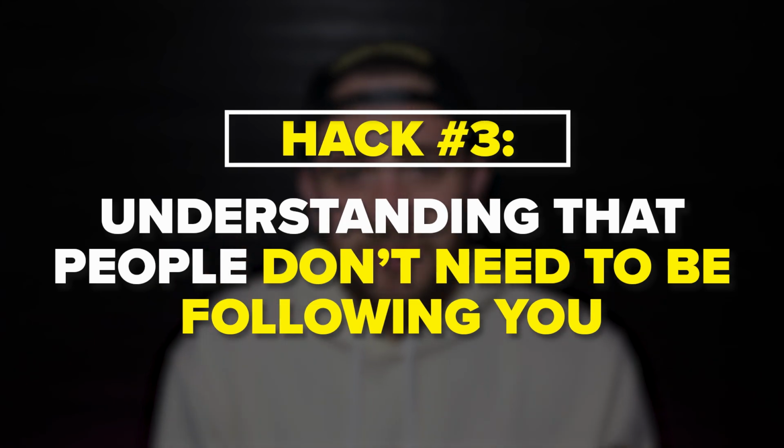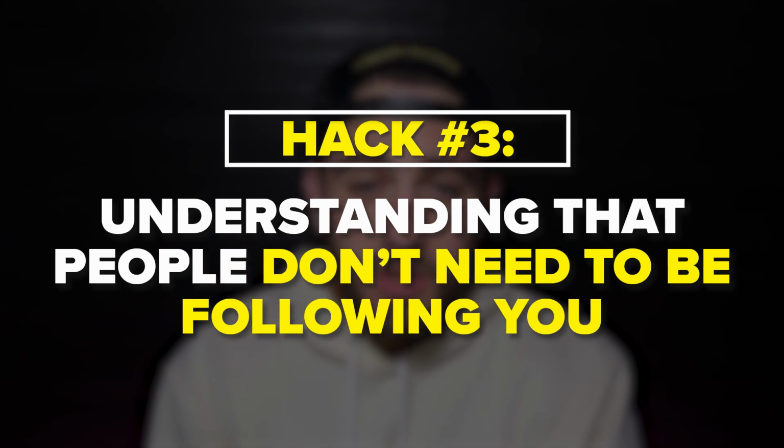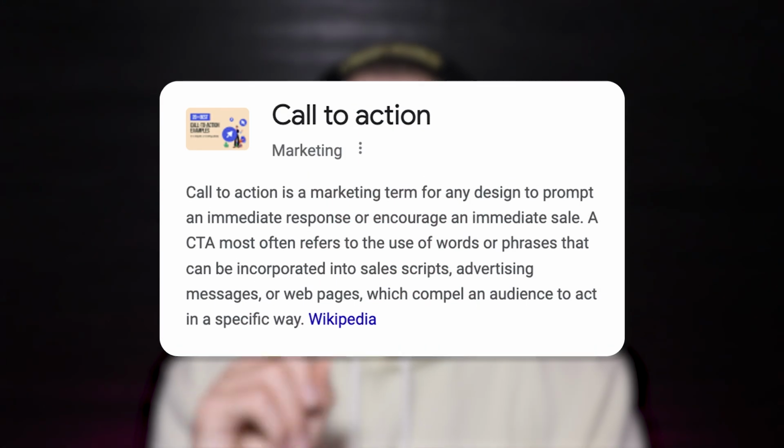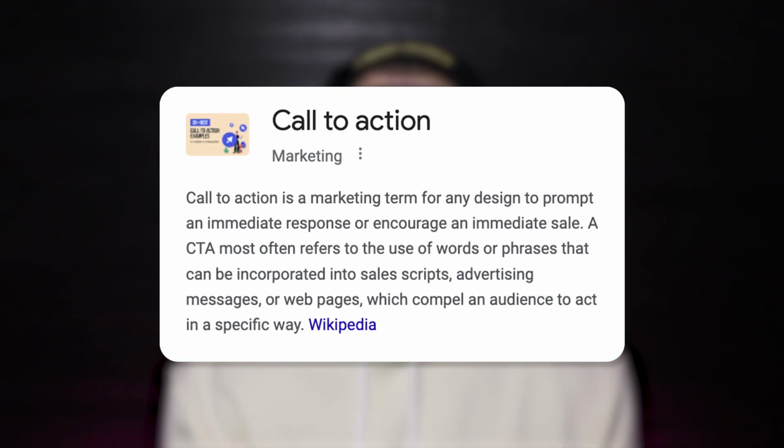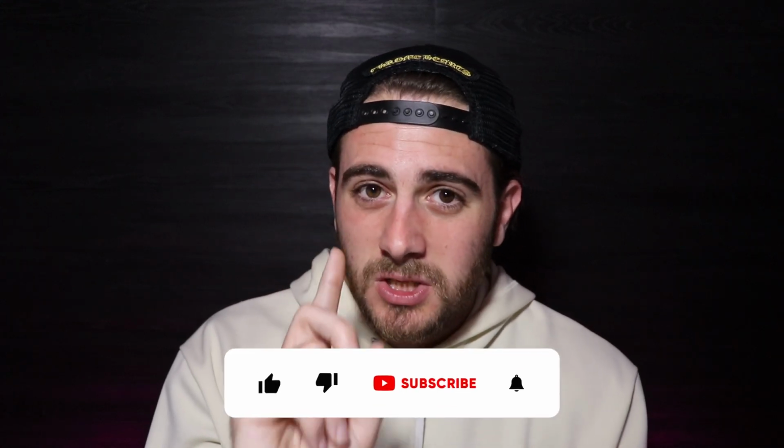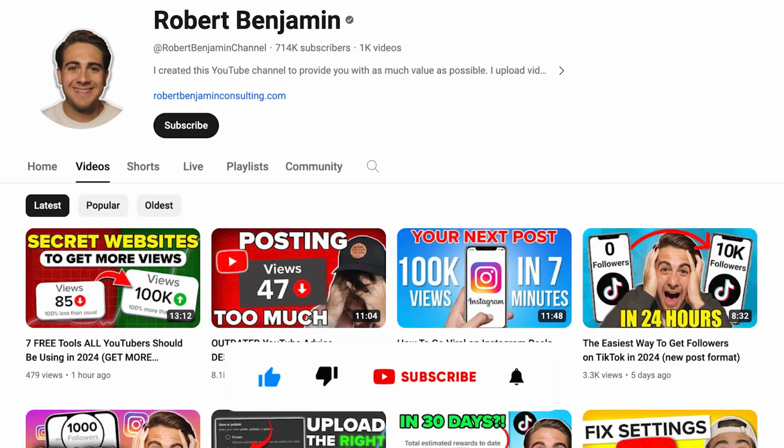And that last hack is actually understanding that people don't need to follow you on TikTok, because like I just shared with you, the way that the TikTok algorithm works doesn't require people to follow you to be able to see your content again. So in order for you to get a lot of followers in a really short period of time on TikTok, you need to have a good call to action within your content. If you want to know a perfect call to action, you can go back and see the one that I used in this video. I told you to smash the subscribe button if you want to grow quicker on TikTok,